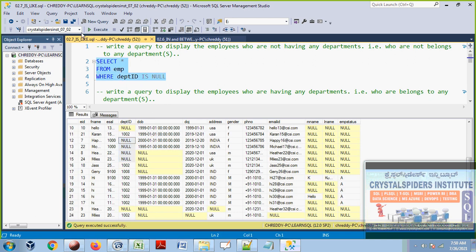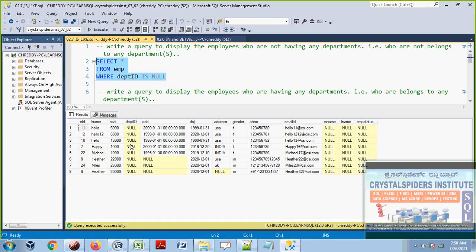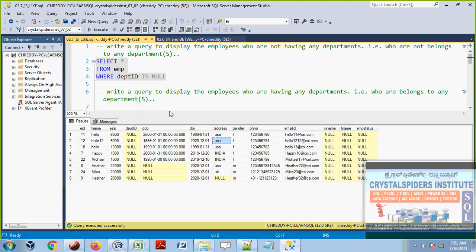Then we can simply execute that SQL code. So this is all the employees. Why do we have nulls here? Because when we were inserting this data, we did not pass any value for these columns. That's why it is showing up null. When inserting this record, I didn't pass any value for the DEP ID column, date of birth, address, M name, L name, and the EMP status. I have not put any values for these 6 columns, that's why they show up null. If you put some value, then that value will be taken.